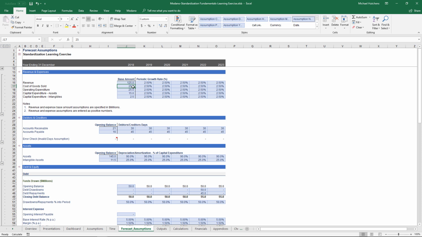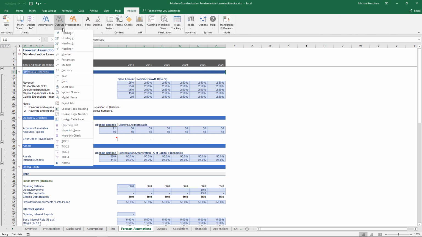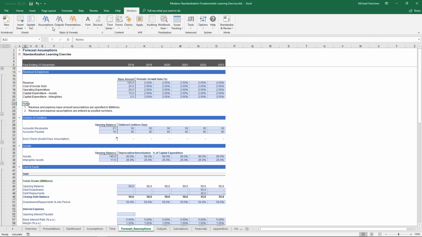Now, number formatting is obviously important, and assumptions formatting is also important, but the system also gives you a range of headings. Now, you'll see this bar across here is a heading 1 style. It's been styled using the outputs heading 1 style. This notes heading, for example, I would apply heading 3, and these guys are already formatted, so I'm just going to put a heading 4 on those guys,